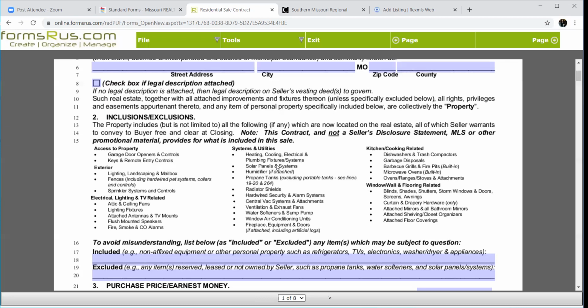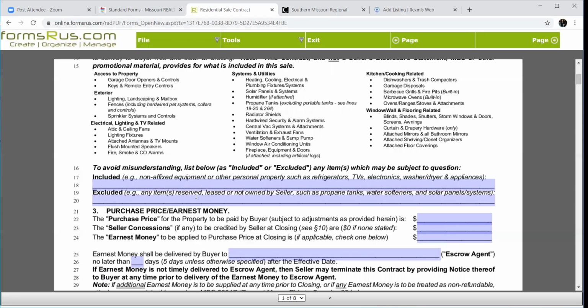So make sure those things are paid for, and again, make sure that those items are actually owned by the seller that they're conveying. And if something is not going to be included or excluded, then it needs to be noted. So if I know I want the tractor in the garage and I want the big screen TV and the refrigerator, I can put all those items right here on my included line. Now, if you are putting stuff after whatever stuff it is, I encourage you to write "of no value," because lenders hate stuff. Lenders want to finance a house. They don't want to finance a house and a tractor and a TV. So I always put "of no value" on there because then they take that essentially out of consideration.